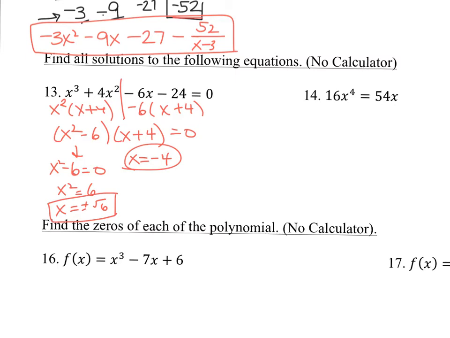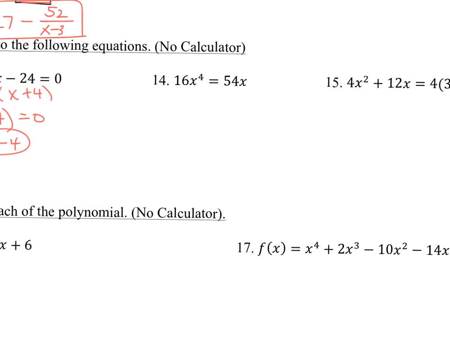Come over and I look at number 14. I have to first make this equal 0, so subtract 54x on both sides. I have 16x to the 4th minus 54x equals 0. So I'm going to take out a 2x, and I'm left with 8x cubed